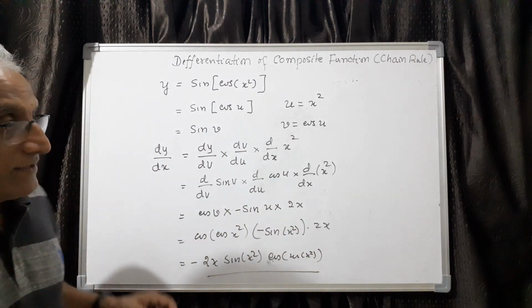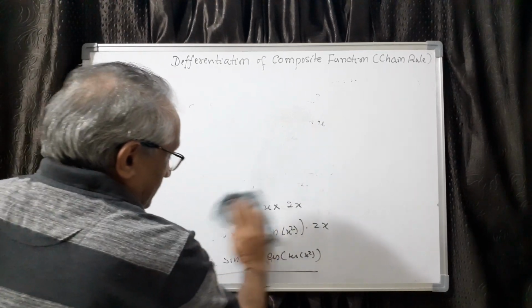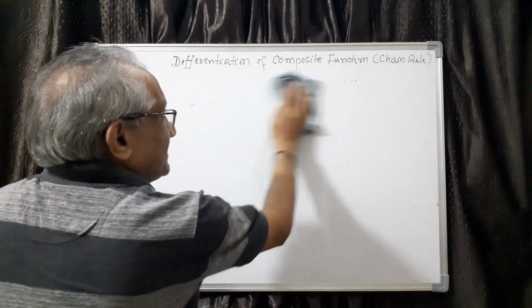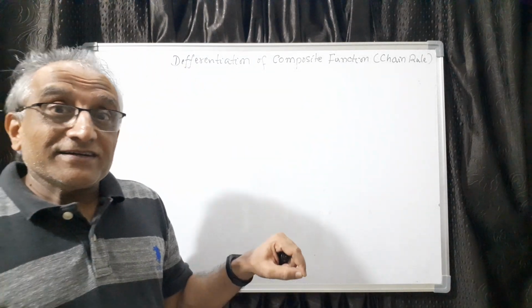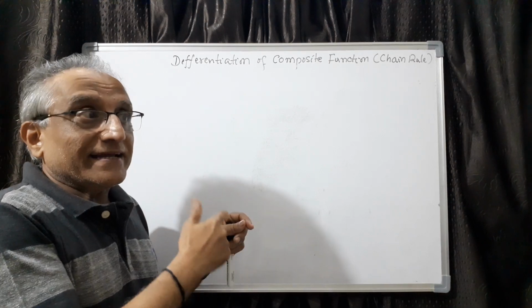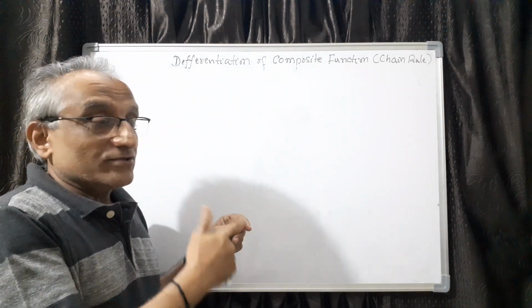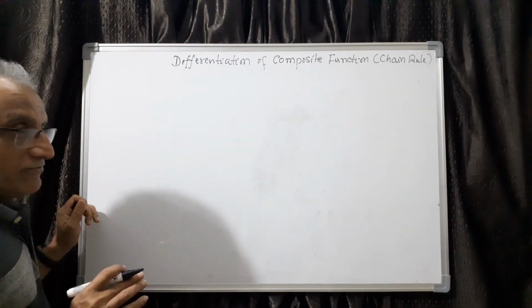Now let us work out a few more questions from exercise, that is composite function of three functions. Then what you have to do is, you have to combine composite function, that is chain rule, for composite function, and also other rules like addition, product, quotient, everything we can do. So let us do a few questions.